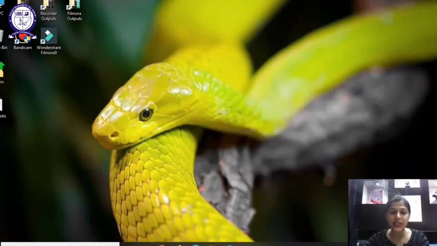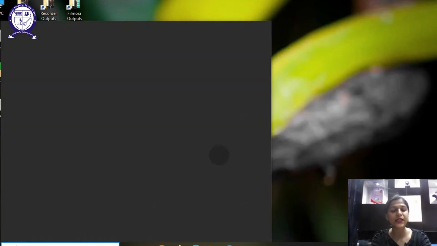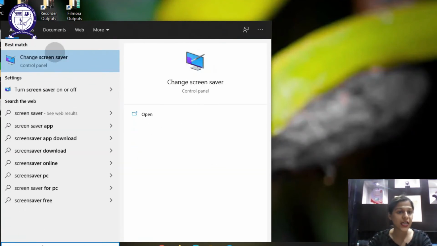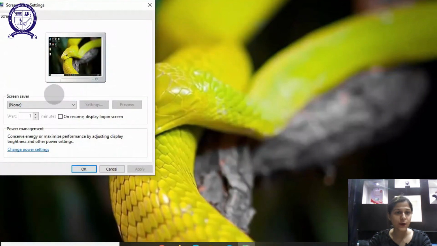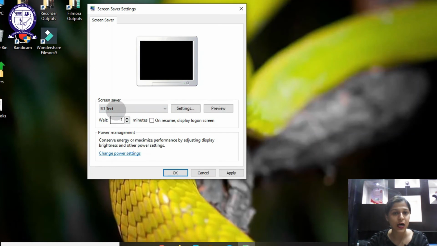Now let's see how we change the screensaver of our system. So we can go to control panel and then move to screensaver settings, or we can simply type screensaver in our start menu. Right, so once we type that, we can open our settings, and once it's opened, you can see that since there's no screensaver applied right now, we can just select out of these options that we are provided. So we can have 3D text, which will look something like this, or we can choose bubbles, Mistify, and all these settings, and we can select the timer.